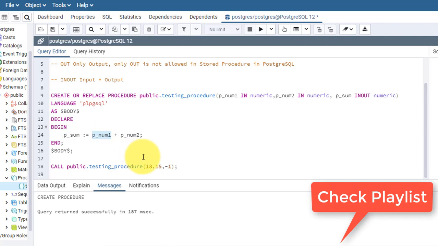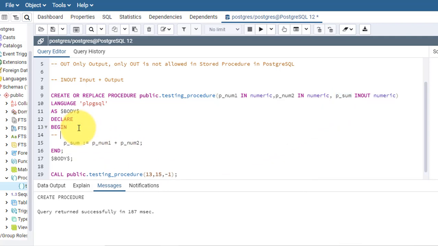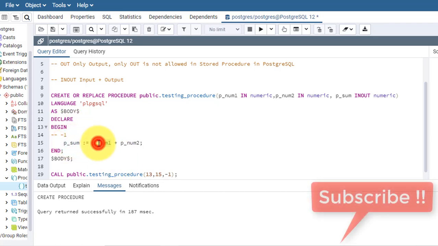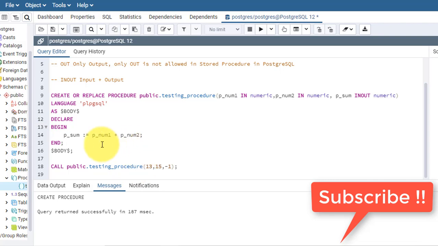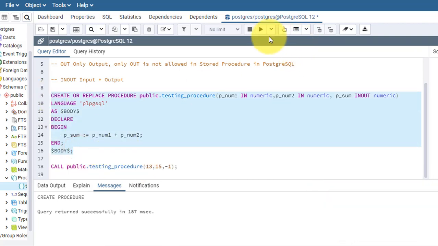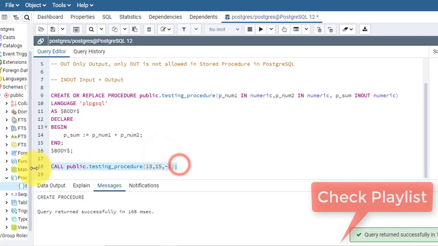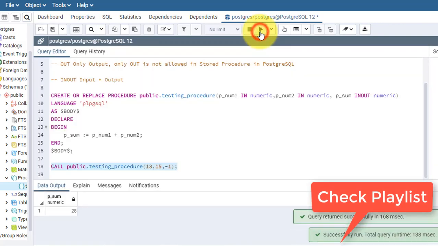It will give me 28 instead of -1, because when I am calling it, it was -1 till here, and after that when I'm assigning the p sum value as p num1 plus p num2, this -1 is discarded, replaced by the summation of two values. Now let's create it, and again I will show you that it will give me 28. If I give any value, it will give me output accordingly.